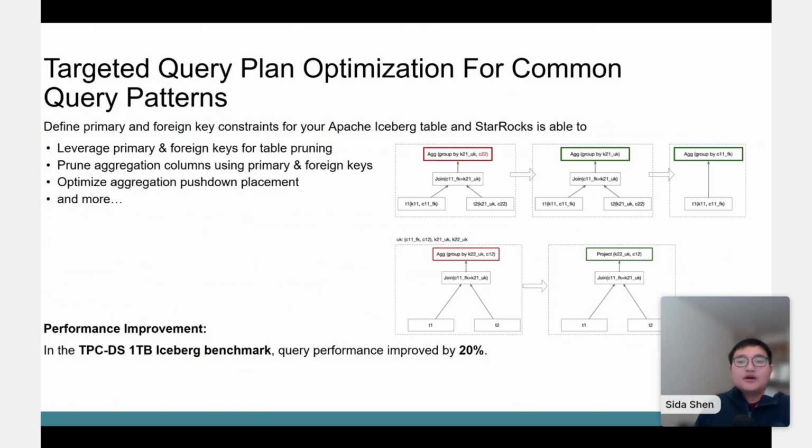So we did a lot of targeted query plan optimization for common query patterns on the data lake, basically for joins and aggregations. When you create an external catalog with StarRocks, let's say connecting to Iceberg or Hive, and you create an Iceberg table, you can declare primary key and foreign key constraints. And in this version 3.4, StarRocks can actually utilize those foreign key and primary key constraints to